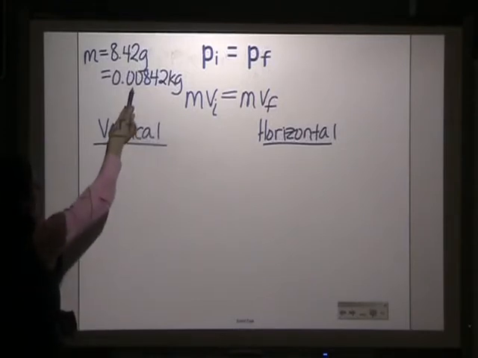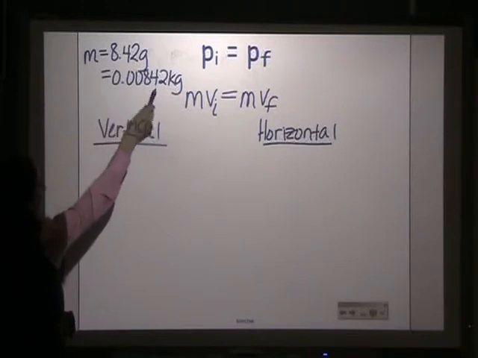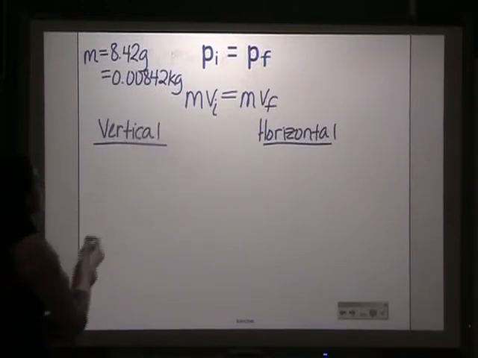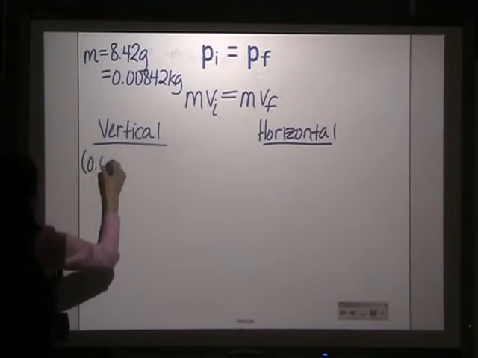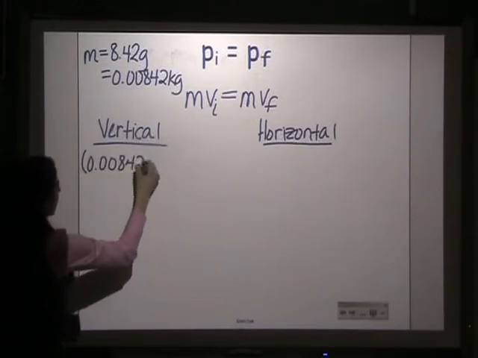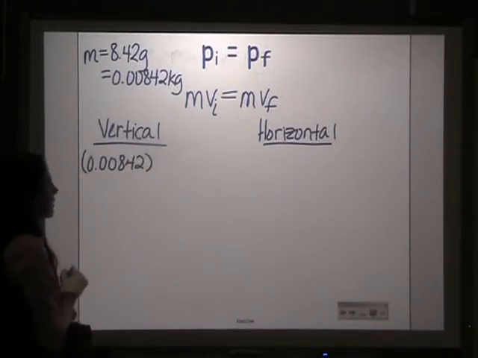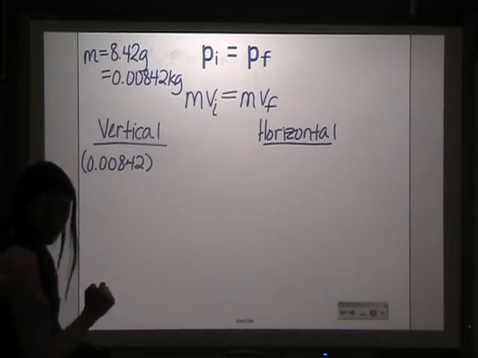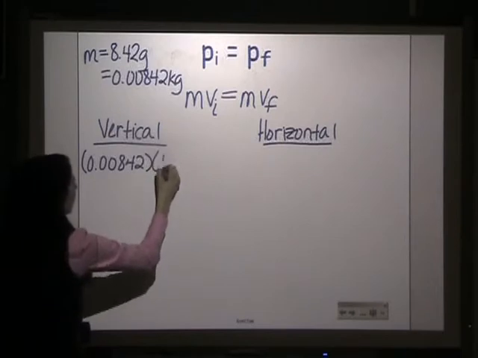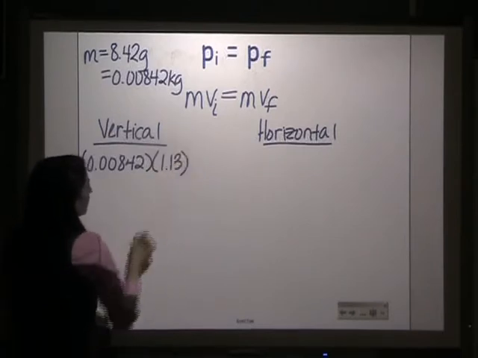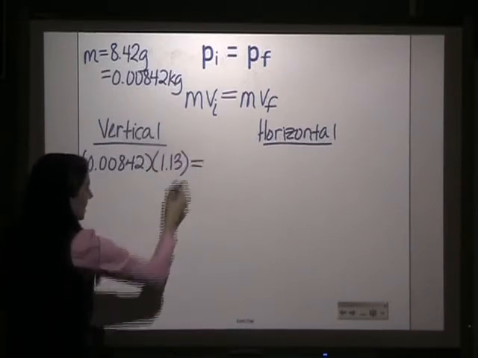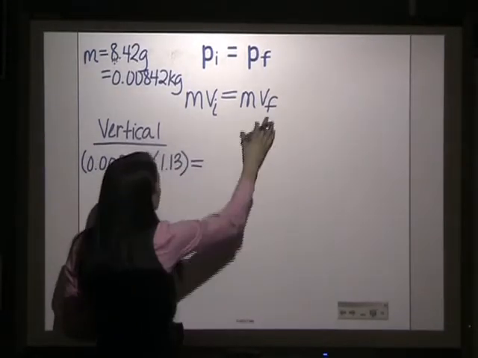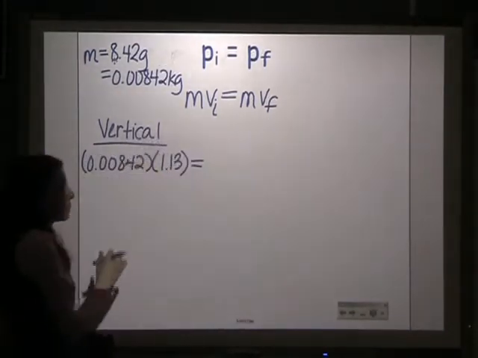And I've already calculated that the mass of each ball in kilograms was 0.00842. So we'll say 0.00842 times the velocity of the ball that did not collide, which we calculated was 1.13. And we want that to equal, and now we'll calculate the momentum in the vertical direction of the two balls